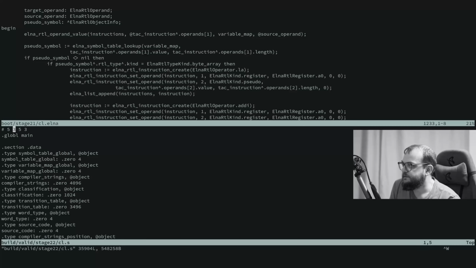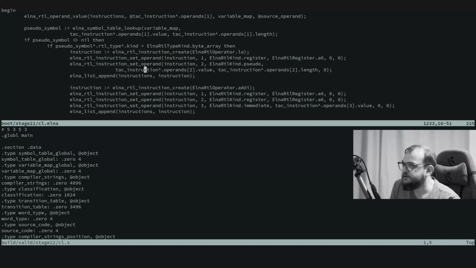Exactly, 5353. This is the correct values, and I just want to change this one to pseudomem